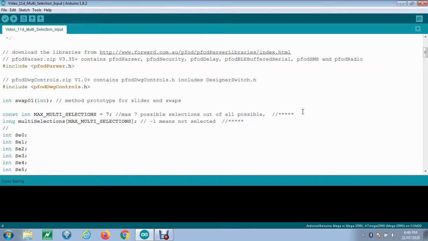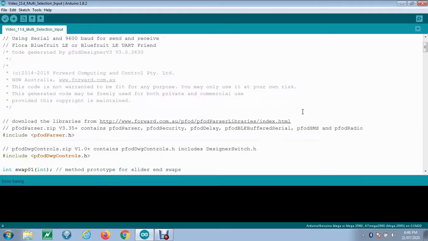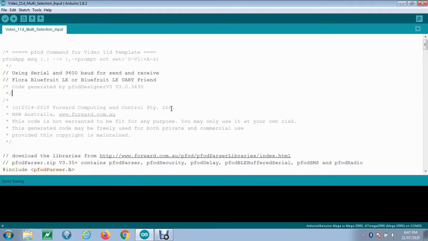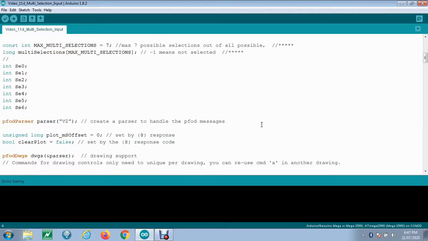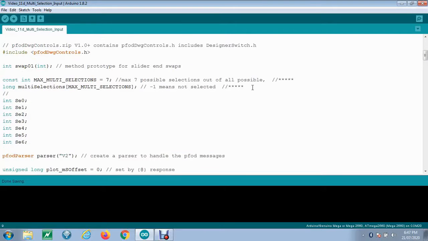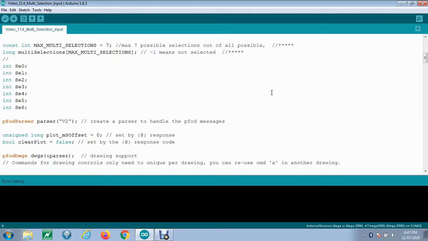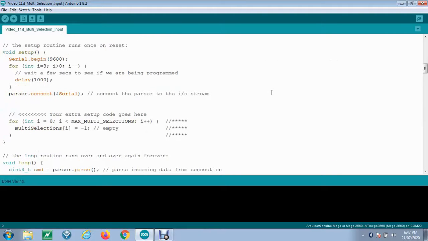When we did the previous video, 11C, you'll see that it was for a single selection input. For this multi-selection input, I've added 7 integers here, SE0 through SE6, and you'll see why. The software is a little more complex than what was needed in Video 11C, because that was just for a single selection input. This is for multi-selection input. And I'll point out right from the get-go that